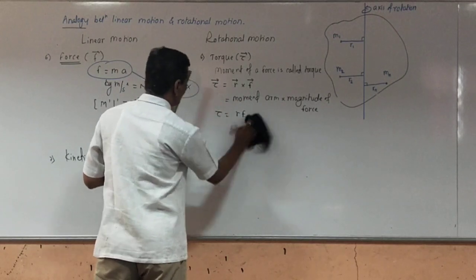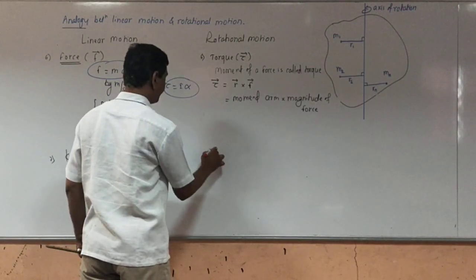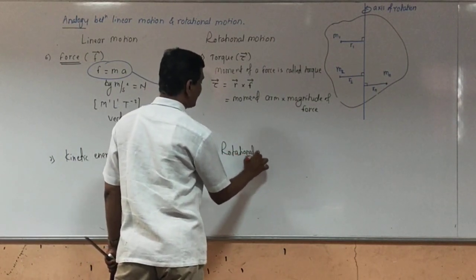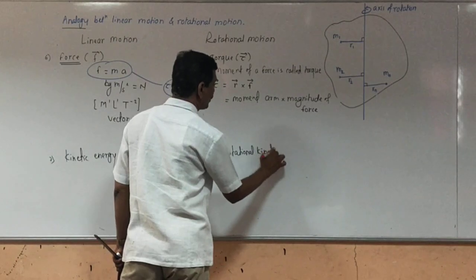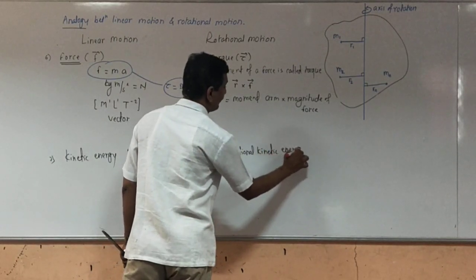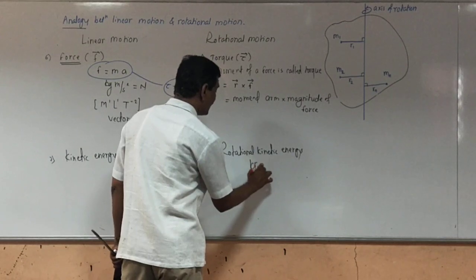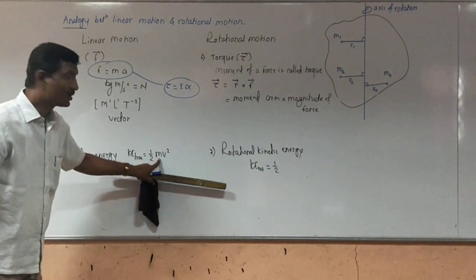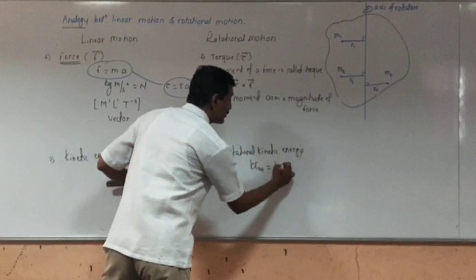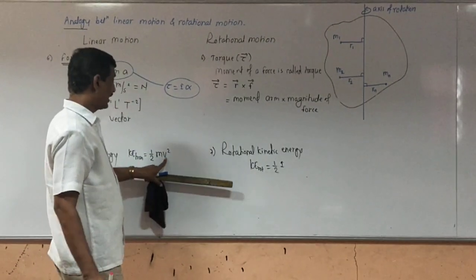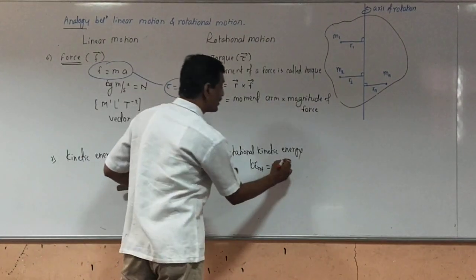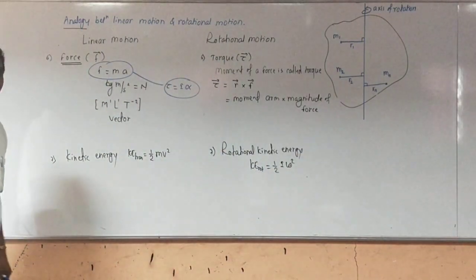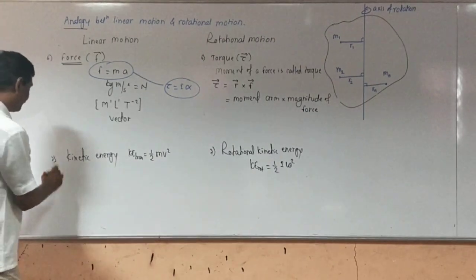Analogy gives us the rotational kinetic energy. So what is the formula for rotational kinetic energy by using the analogy? So rotational kinetic energy is equal to 1/2. Physical quantity analogous to the mass in case of a rotational motion is moment of inertia I, and angular velocity is analogous with the linear velocity. So therefore rotational kinetic energy is 1/2 I omega square.